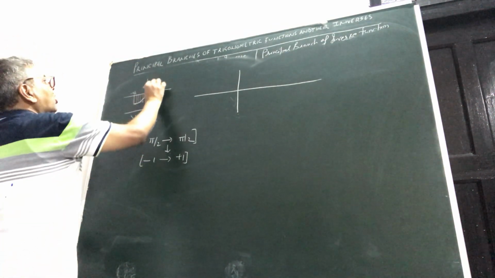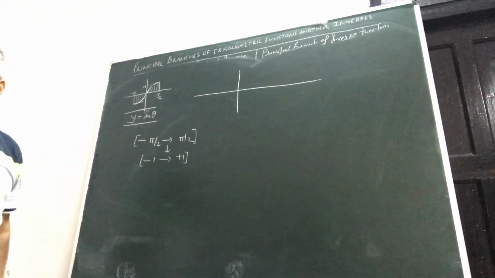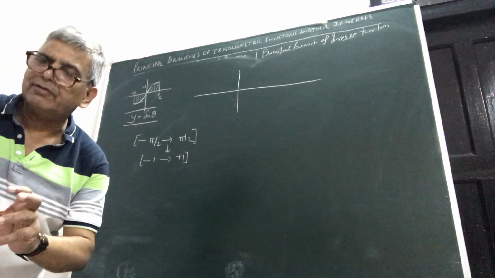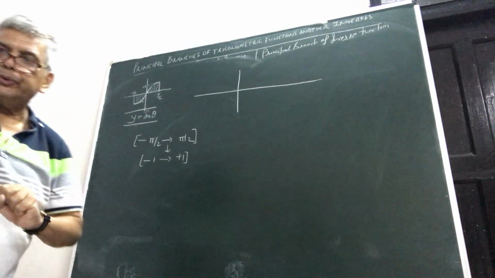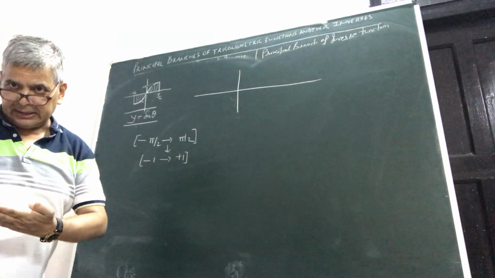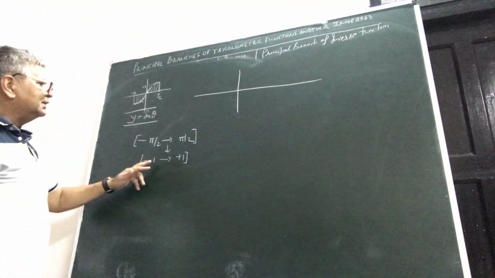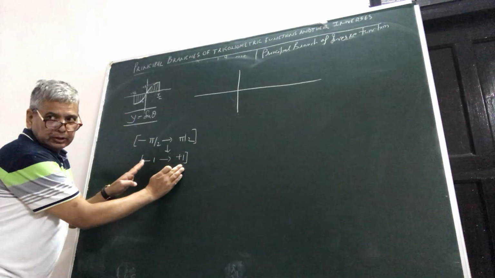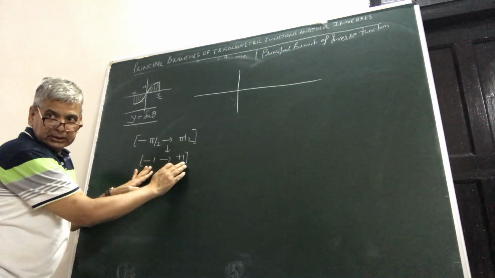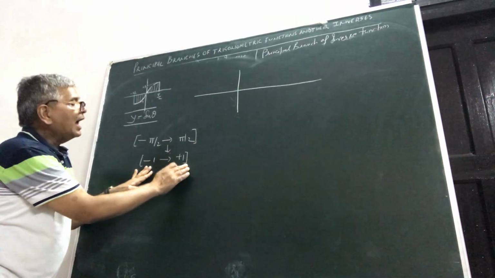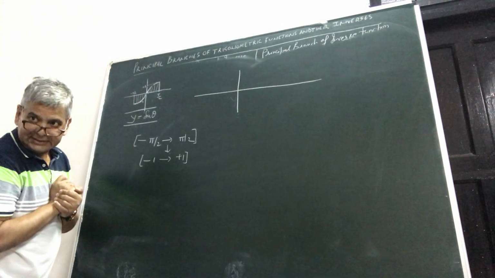It is increasing all the way. So this fact. Now since the sin x function in its principal branch, that is the closed interval minus pi by 2 to plus pi by 2, is one-one onto, it will clearly have an inverse function, and that we will call sine inverse x function. For the sine inverse x function, whatever is the range set here will become the domain of the sine inverse x function, and what is the domain here will become the range set therein.